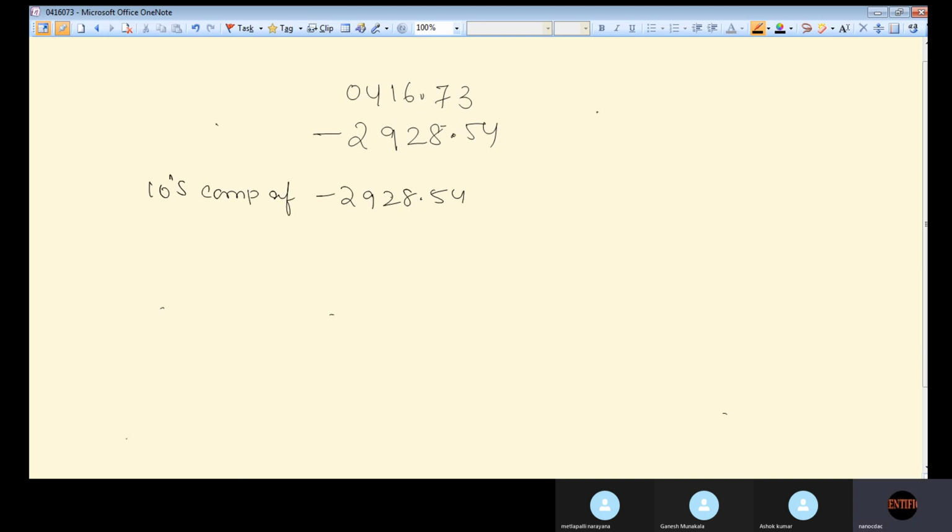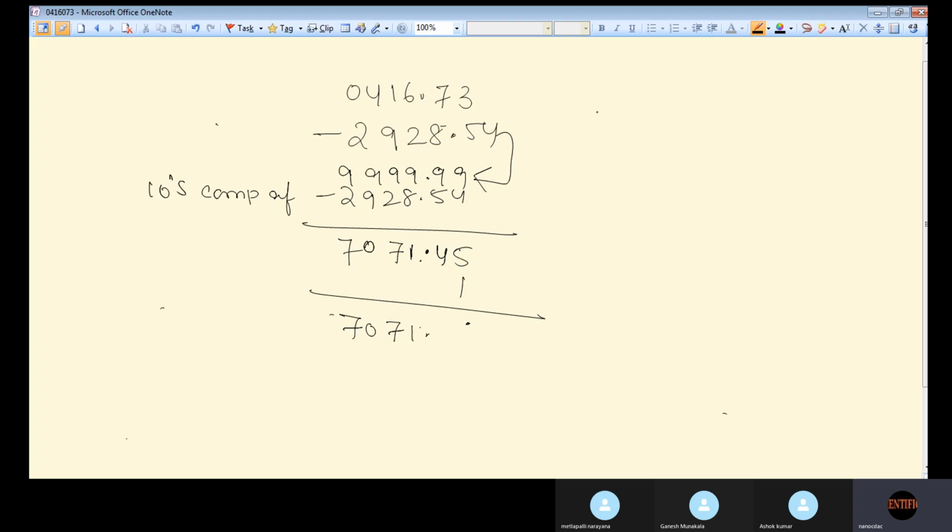Very good. Negative. So what you need to do here is first take this number and find the tens complement. Tens complement means first you do the 9's complement. So the result which you are getting is 5, 4, and 1, and 7, 0, and 7. If you add 1 here to make the tens complement, you will get 7071.46. So this is the tens complement, and to this tens complement you need to add the